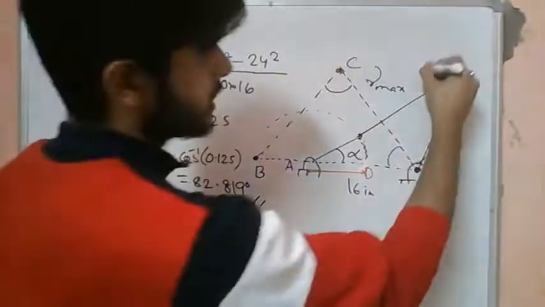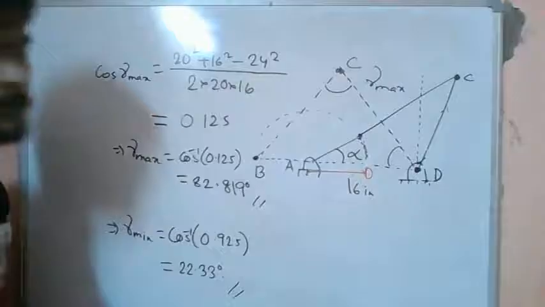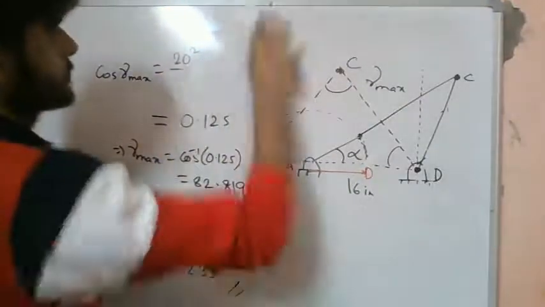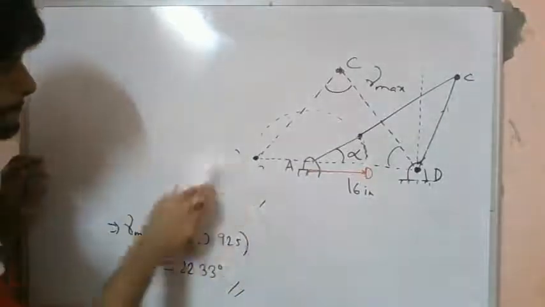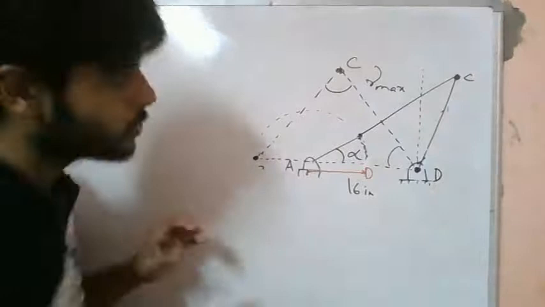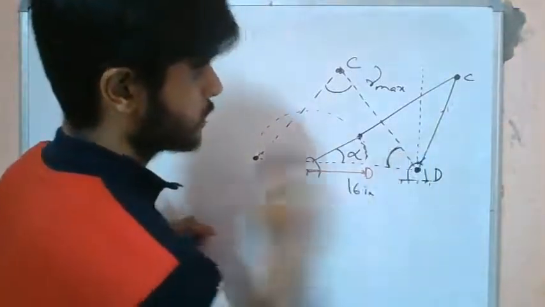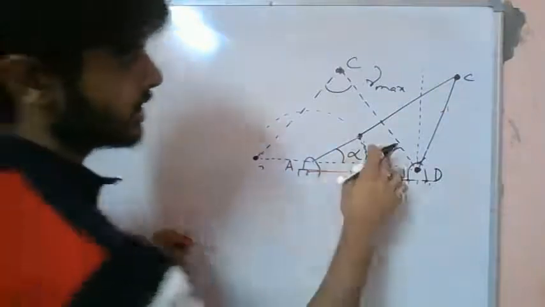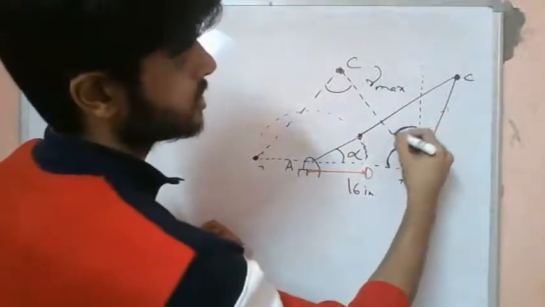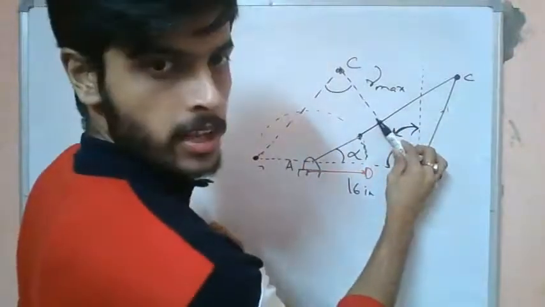So let's draw a vertical line right now. Okay, let's draw a vertical line. So what is the idea? How do we find out? So first of all we find out this angle. What is this angle? We find this angle first of all. Once we know this angle, right, with respect to the vertical, this is the deviation from the vertical, right?